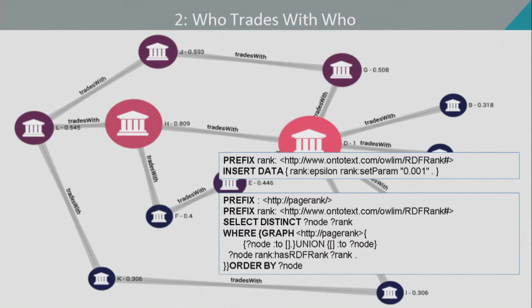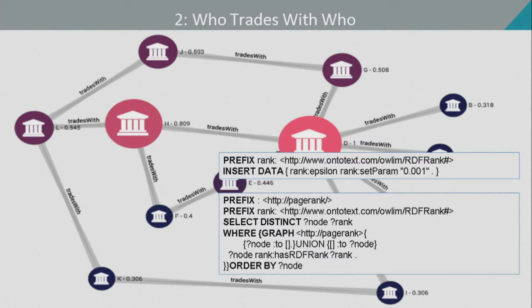In 2015, when I did this, is actually kind of interesting. I actually had to stitch together different technologies to do this. I actually used OntoText to do the PageRank, converted the results over to Neo4j so that I could use Linkurious to display them. Thankfully today I don't have to do those kinds of things. So this is actually crossing from an RDF graph to a property graph, and which you can do fairly easily.